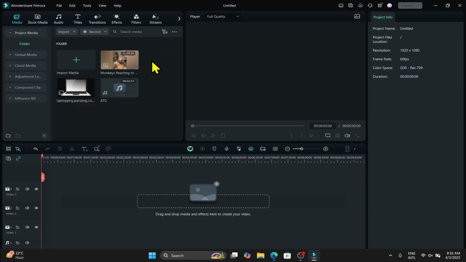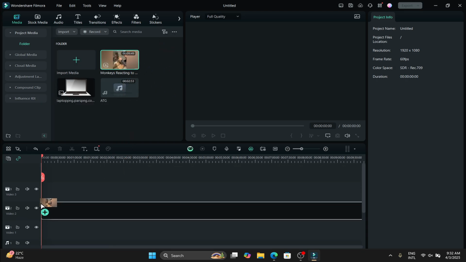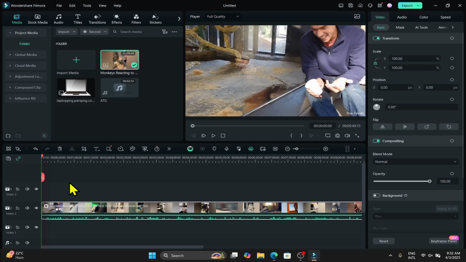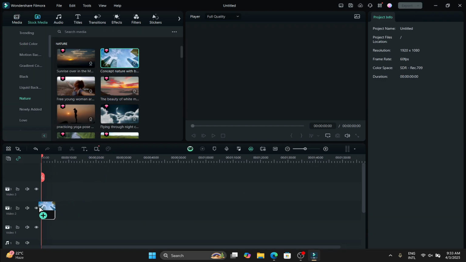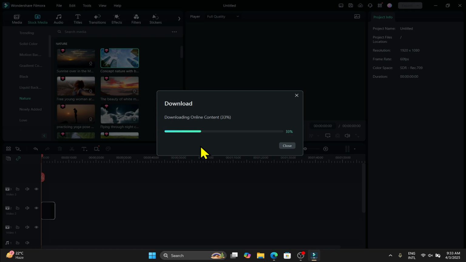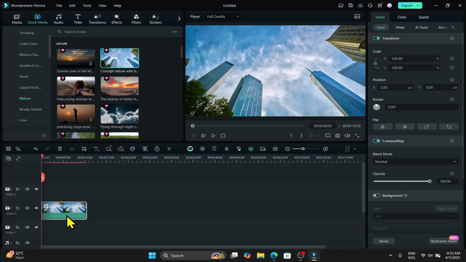Once you have imported your media, you can drag and drop them to the timeline in order to make your desired changes. Now you can just drag and drop your videos to your timeline. For this, I'm going to use a stock footage. Once you have your clip on your timeline, you can press the spacebar button to watch the preview of the